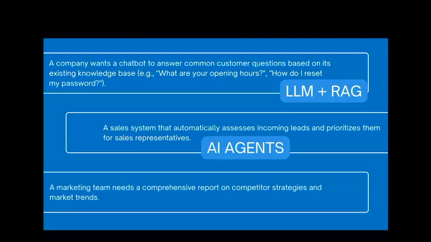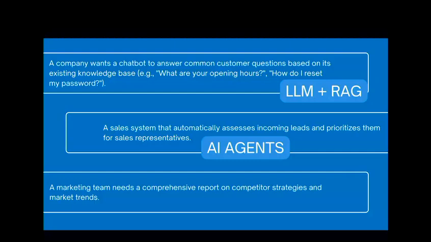So for this use case, it's simple. Although slightly more complicated than the first one, it's not so complicated that we need to involve agentic AI. We do not need multiple AI agents behind the scenes to get things done. So for this particular use case, we just need an AI agent.